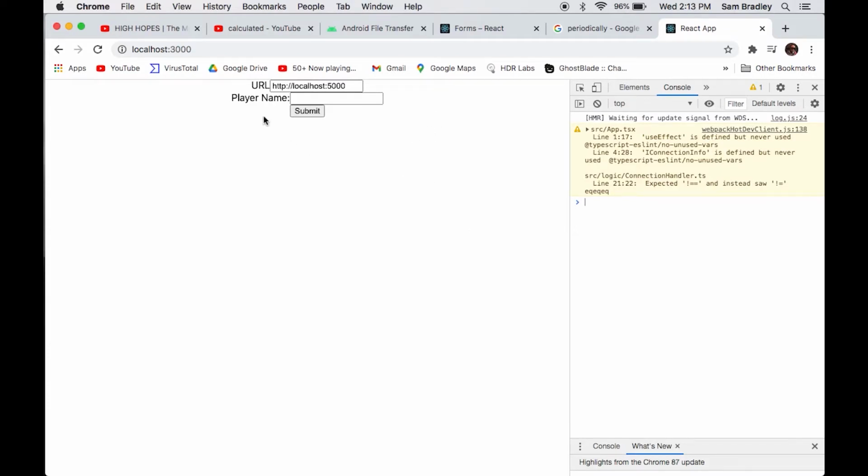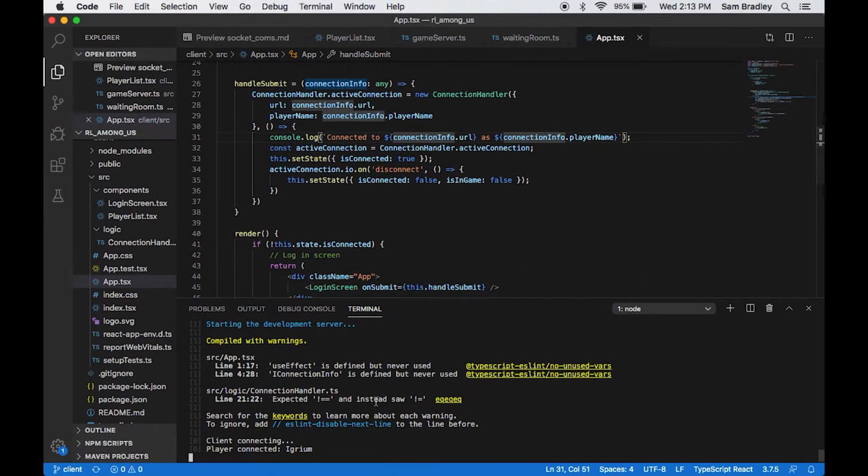If we go to localhost 3000 here, we can see that I've got a very basic login form with just the URL to try to make a connection to and a player name. So if I go ahead and type my name here and hit submit, we can see that now we have just my name as a dot right here, which doesn't look like much, but if we go and look at the server over here, down here is the actual output from the server, we can see that we have a